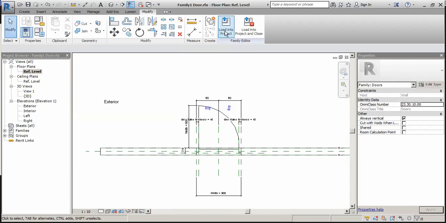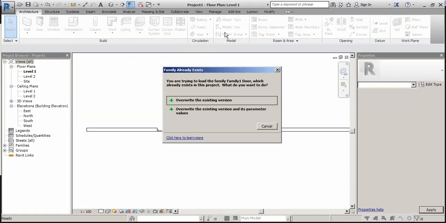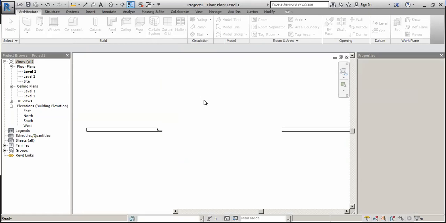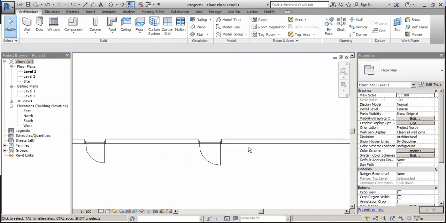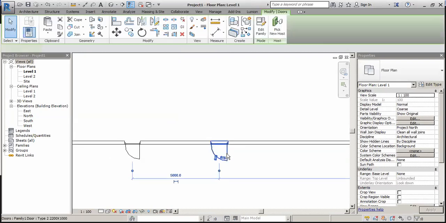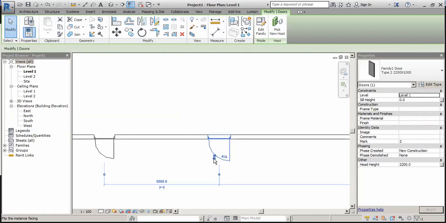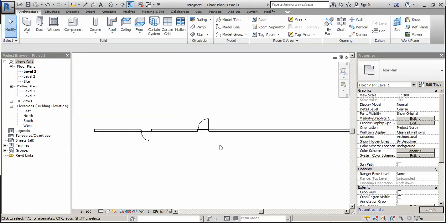Okay. We can load this into project, override the existing version, and now you can see the swings in the plan. Okay. You select this one and you can change the direction also. Okay.